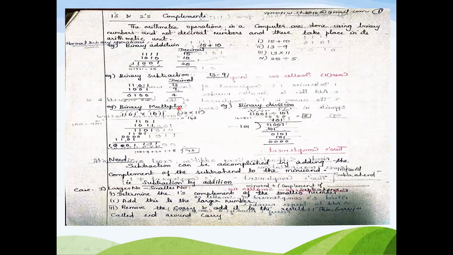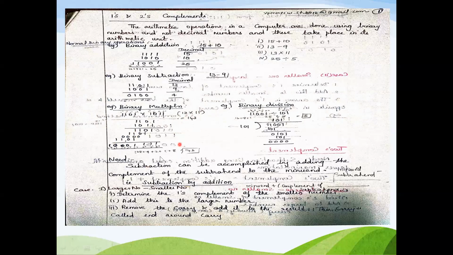Similarly for binary multiplication, I have considered two numbers, 13 multiplied with 11. So I am converting 13 to binary, 11 to binary, and I am doing the multiplication. The normal multiplication procedure which we follow for general decimal multiplication steps I have followed, and I have added up all those results, shifted for each of the digits multiplication value, and finally I have verified whether the final result is same as 13 multiplied with 11, 143.